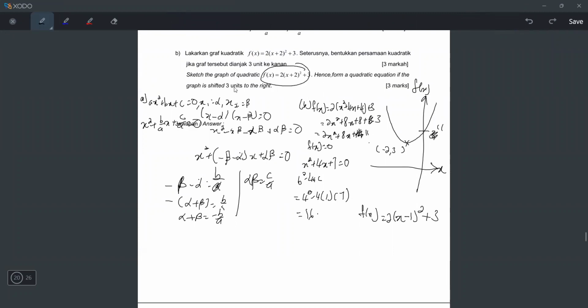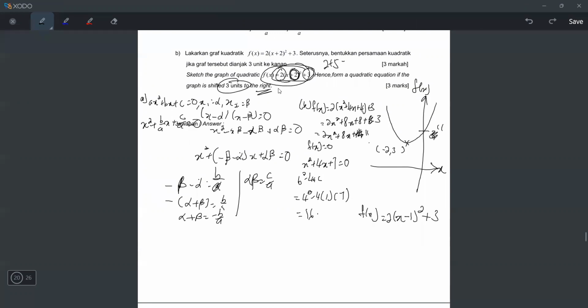Hence form a quadratic equation if the graph is shifted 3 units to the right. So what happens when this equation is shifted 3 units to the right? The 2 will not change, the A will not change, and the 3 also will not change. Only the axis of symmetry will change. It means the 2 will change. How it will change is you will take 2 plus 3, and then you will get,